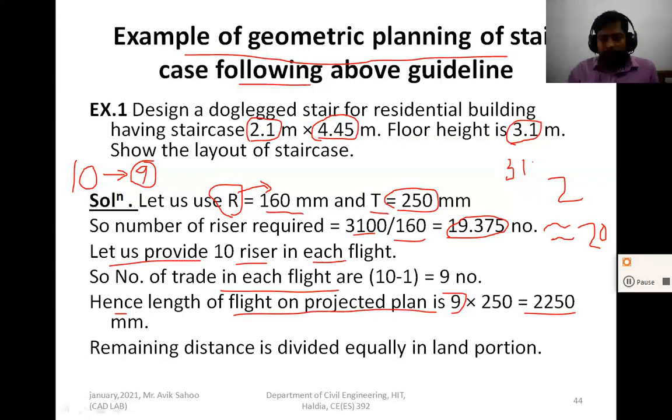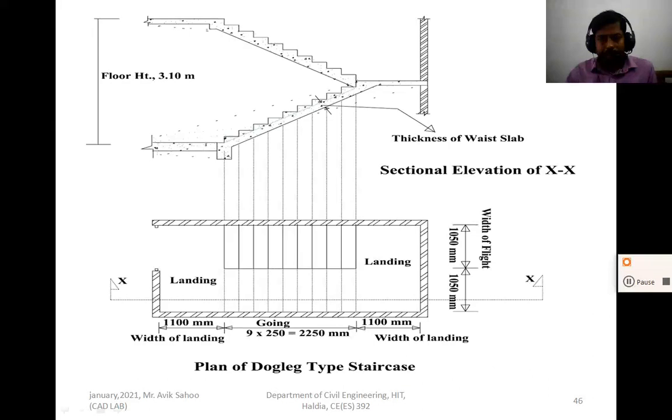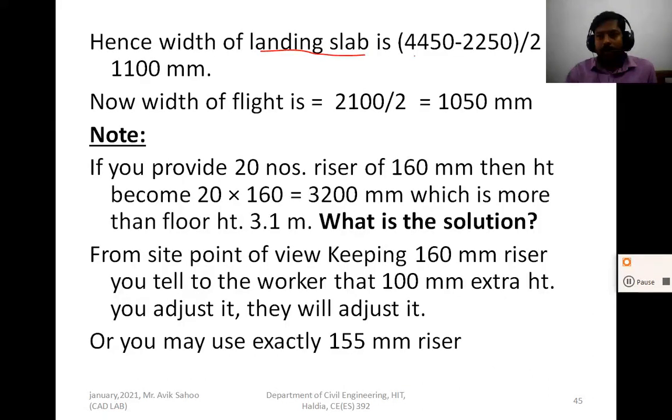Now the remaining distance: the length of stair room is 4.45 meter. You subtract the length of flight from 4.45, and this distance is divided equally between the landing portions. So the width of landing slab is the length of stair room, 4450, minus the length of flight, divided by 2.